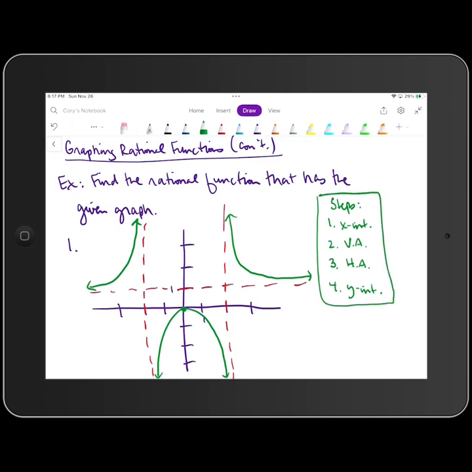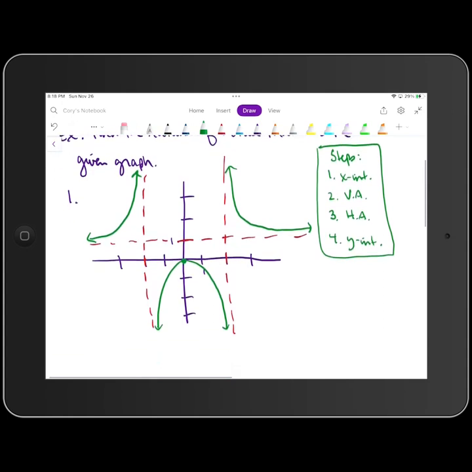So step number one is we're going to identify the x-intercepts. Step two, we're going to identify the vertical asymptotes. Step three is to identify the horizontal asymptote. Step four is for us to check the y-intercept. Okay, so when we look at this function,